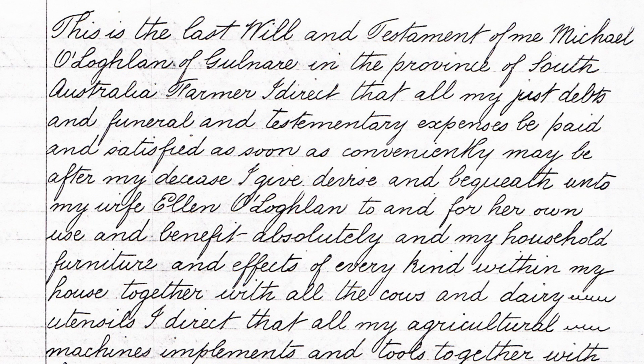Two weeks later, Michael O'Loughlin makes this will. "This is the last will and testament of me, Michael O'Loughlin of Gulnare, in the province of South Australia, farmer. I direct that all my debts and funeral and testamentary expenses be paid and satisfied as soon as conveniently may be after my decease. I give, devise and bequeath unto my wife Ellen O'Loughlin, to and for her own use